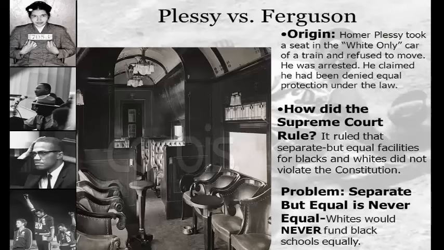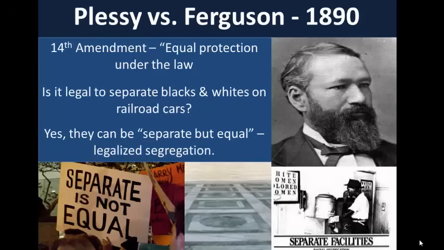Plessy bought a first-class train ticket and informed the conductor that he was 1/8 African American. He was a guy who could kind of pass for being white. When the conductor informed him that by law he would have to get into the all-black train car, he refused and was arrested. When Plessy was found guilty, he sued the judge, Ferguson, claiming that his 14th Amendment rights to